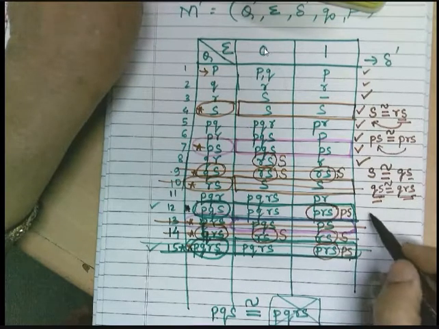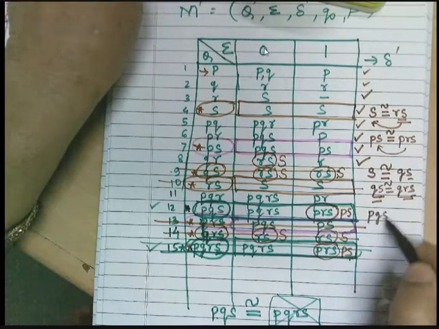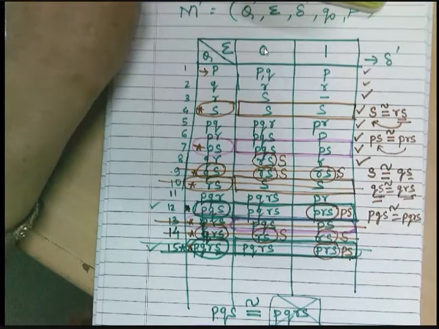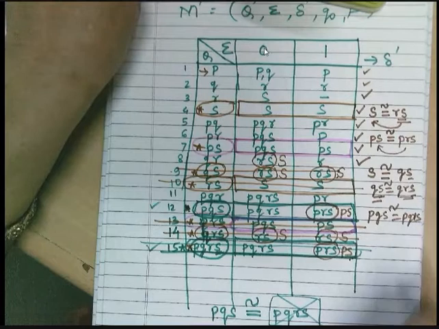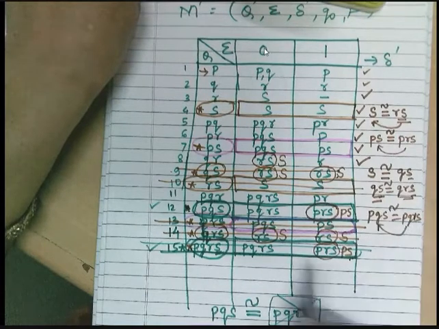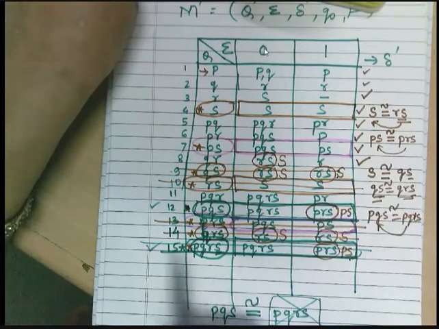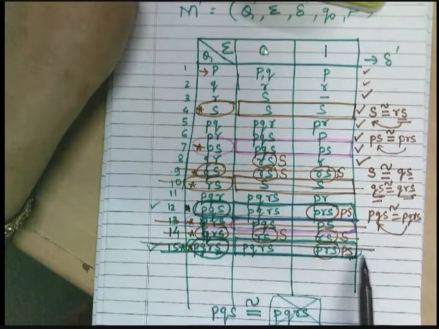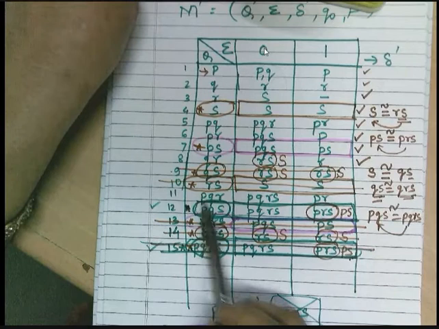So we can say PQS is equivalent to PQRS, right? So since both are equivalent, we have to replace all PQRS with the PQS and remove this row. So this row is removed and you will be replacing PQRS